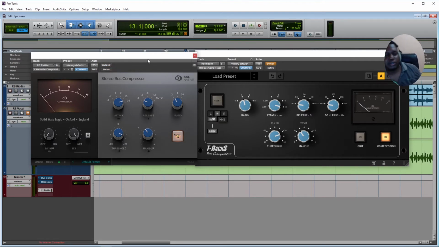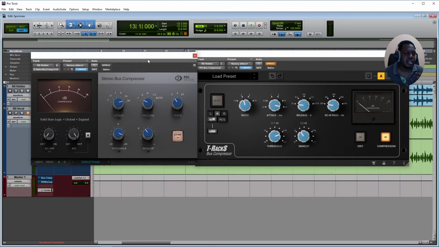Alright, on the instrumental, I hear some major differences. The native SSL is a bit more aggressive, and I think the ceilings for these plugins are different. So with a certain amount of threshold and given material, they behave a little bit different from each other. They probably behave differently on vocals, but on buses like these, I guess it behaves